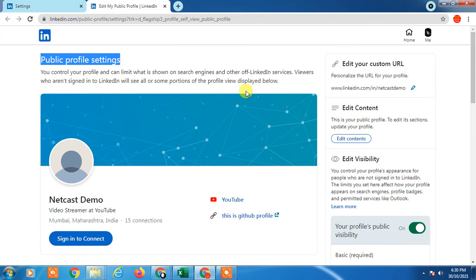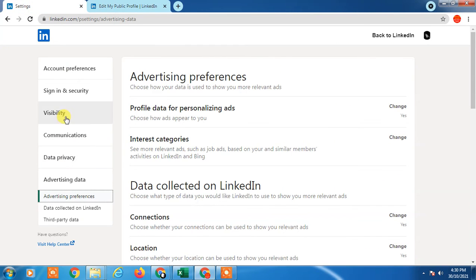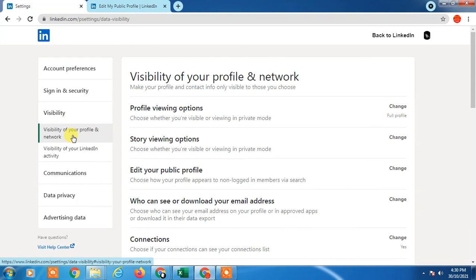Okay, just follow the same steps which I showed you before. Come to your public profile settings, and if you scroll down, you can see your public profile visibility here.